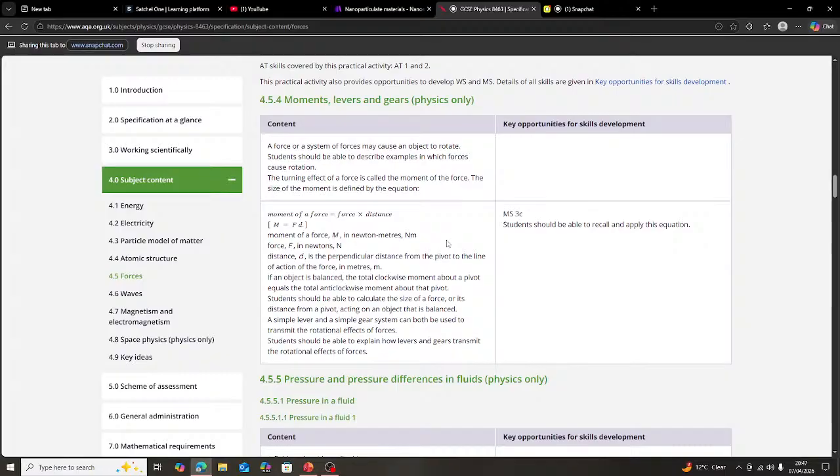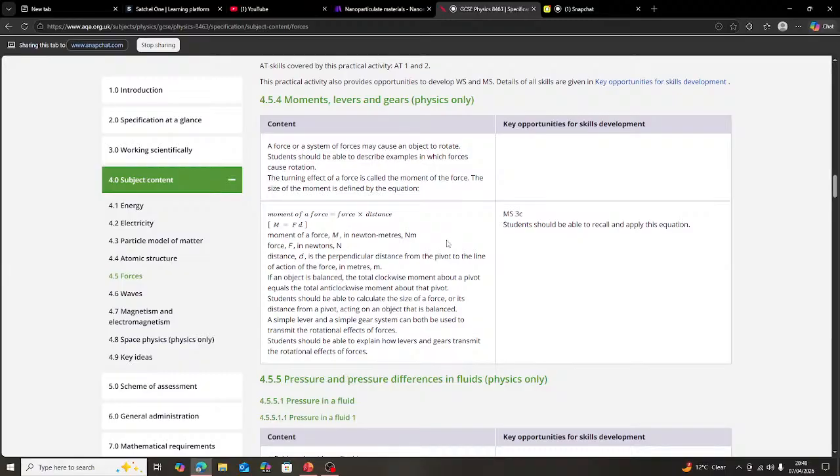So, a moment. What's the equation for that? Force times distance. Force times the distance. But the distance, be specific on that. What do you mean? Perpendicular distance. It needs to be perpendicular to the pivot. Oh, am I right? Yeah. Wait, what is it? Force times perpendicular distance. Perpendicular distance, yeah. Oh, you know, I guessed that.